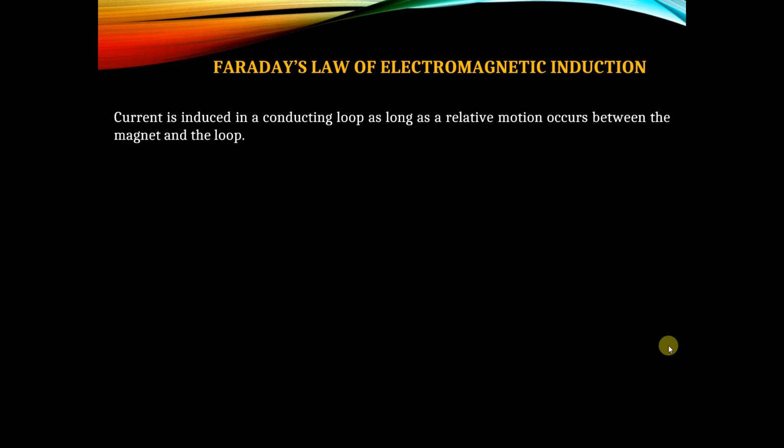So this basically talks about if you have a conducting loop and there is a magnetic field acting between the loop and, say, the magnet, then there is a current being induced. A current is being produced. So the Faraday's law